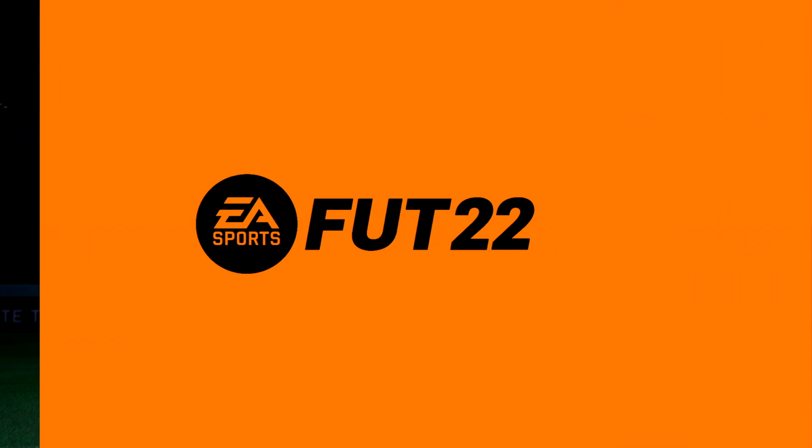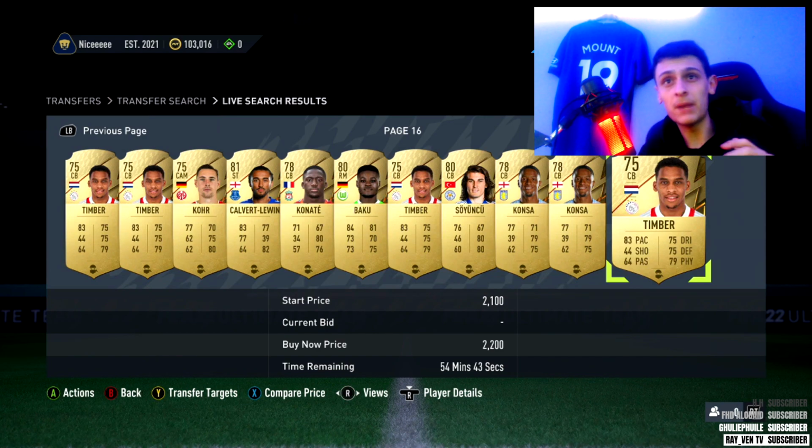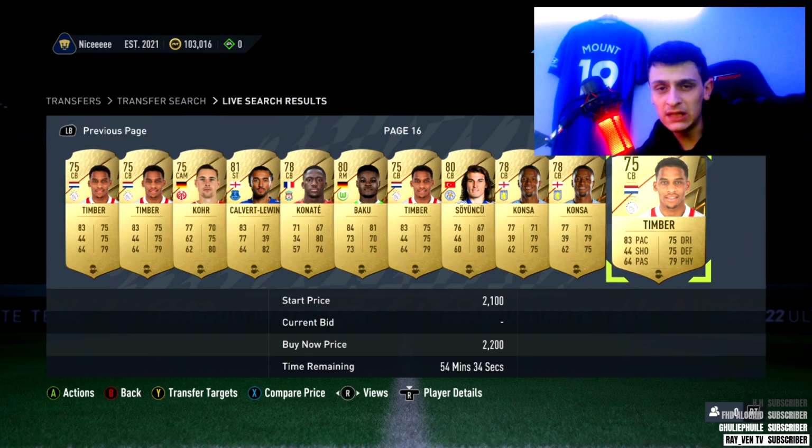Yes lads, and welcome back to a brand new video. Today we are doing a bit of a different trading video, but we're going to be trading with chemistry styles on players. It's a really good way of making a lot of coins. It's one of my favourite ways, to be fair. We're going to also use FUTBin, boys, so if you've never used FUTBin before, I will leave a link down